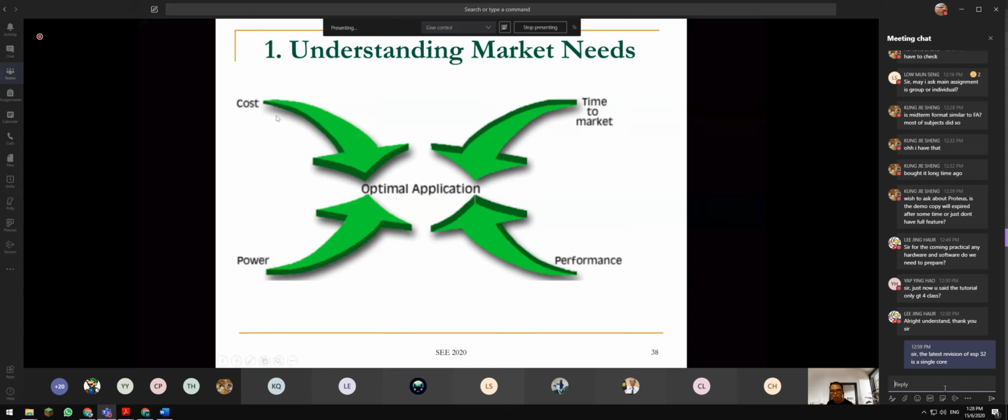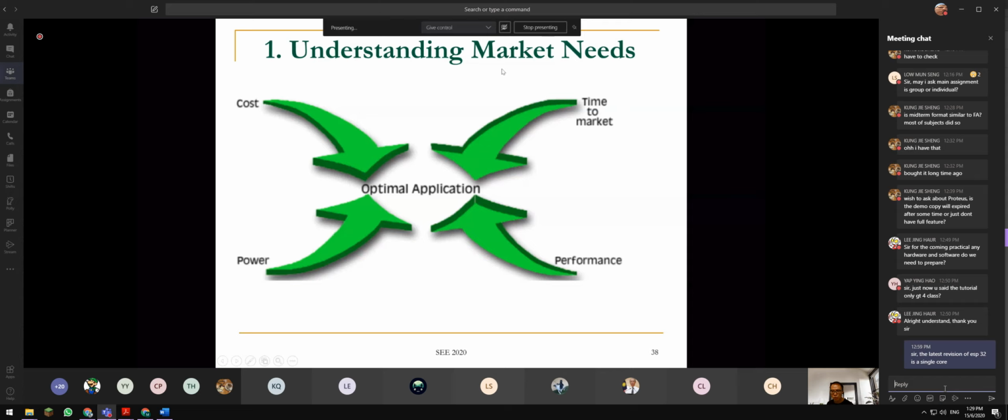What is the current situation now? Let's say what is the cost? I mean, people doing this, what they are lacking, and what is the current market? You know, in the power analysis. So all these things you need to understand before you carry on embedded system design. You don't just go and perform your thing blindly. Doesn't mean that you have very good technical knowledge, you're able to survive in the market. This is very, very important.